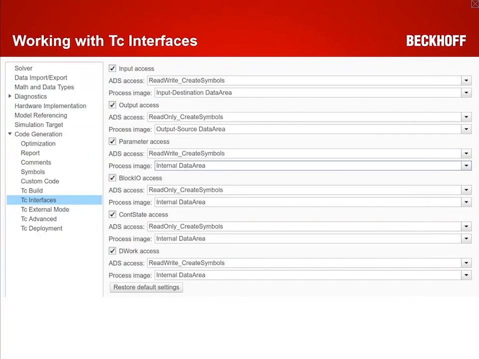Okay, let's go to another topic, working with TC interfaces. In Simulink under code generation we have this tab TC Interfaces, and I want to give some introduction into this tab because it's very powerful. And what we provide here is we have different areas. For example, the inputs, the outputs, we have the parameters, we have the block